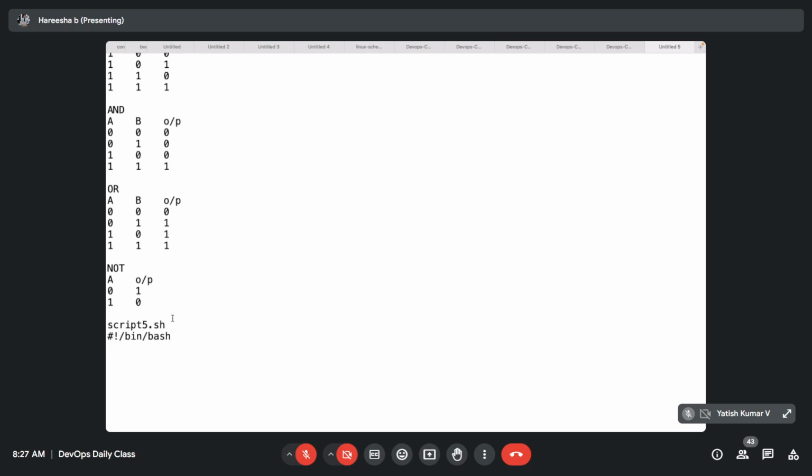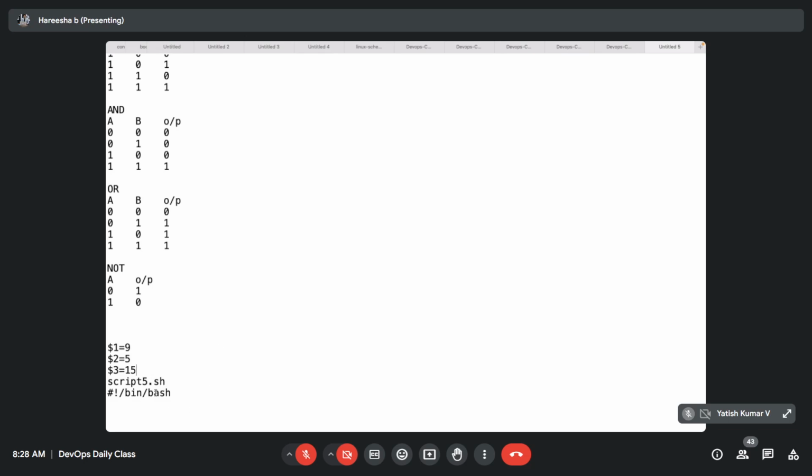Just think that I am passing the input values $1, $2, and $3. That means 3 inputs I am passing. For example, 9, then 5, then 15. Which one is big? By looking at the inputs, I can say that 15 is big. But how? Our script should identify that. Our script should be intelligent enough to identify it by comparing the passed values,